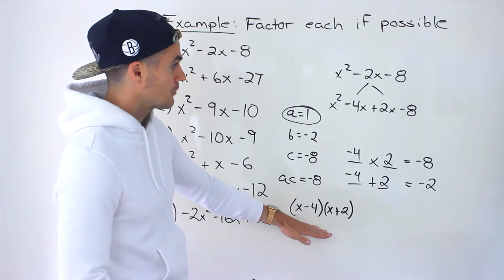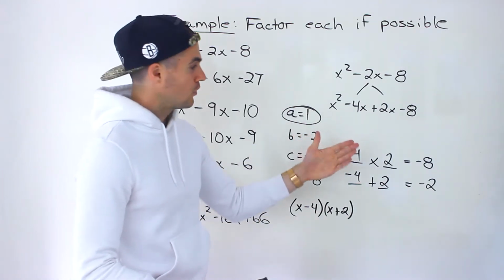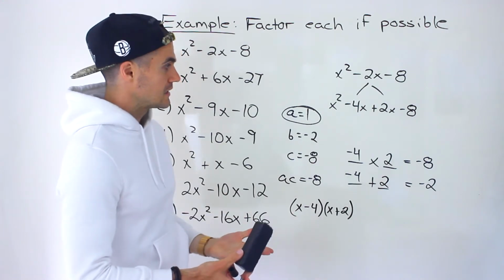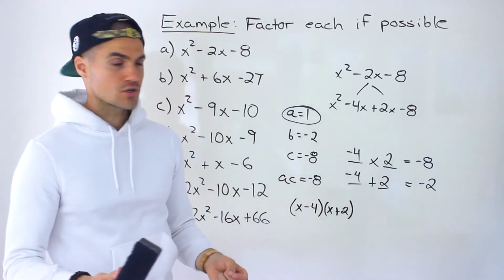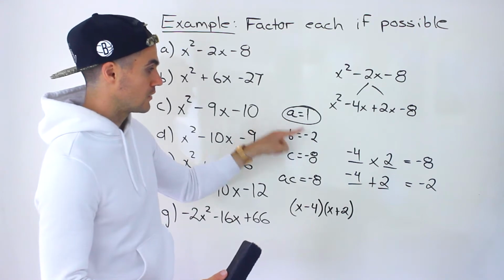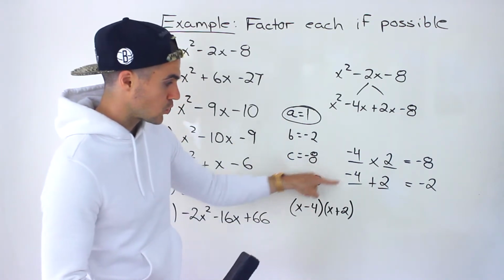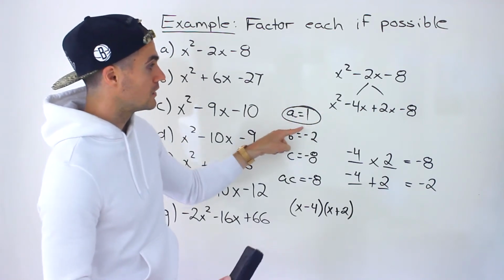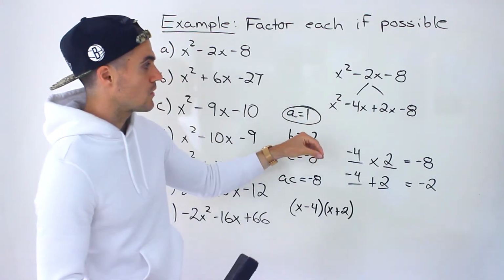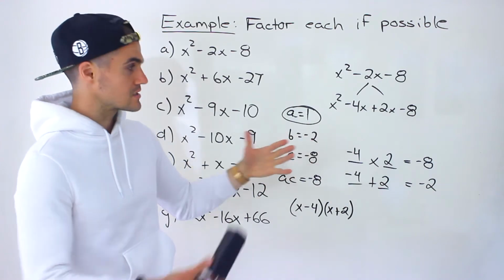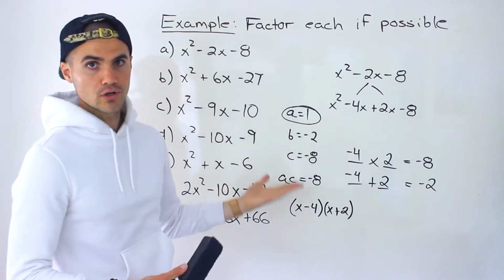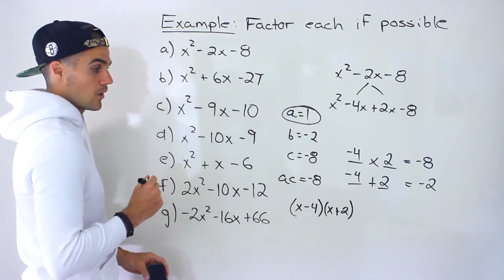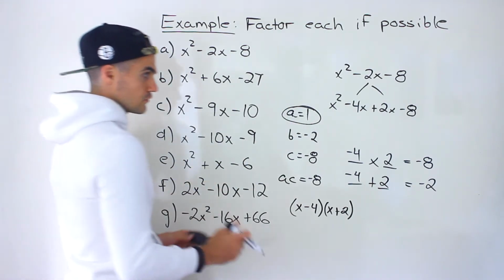So that's eventually what we're going to get, but as I mentioned before, I'm going to go through this whole process of factoring by grouping because not all quadratics you're going to get are going to have an A value of 1, right? This shortcut to the answer only works whenever the A value is 1. But when it's not 1, you're going to have to go through this process. So I'm always going to be going through the same full process, in order for you to get comfortable once we run into those quadratics where that A value is not 1. All right, so from here,